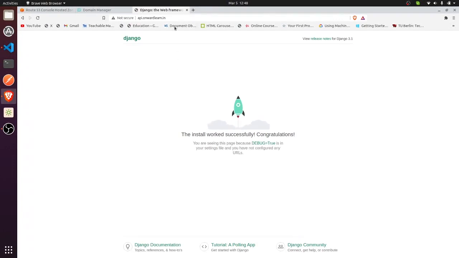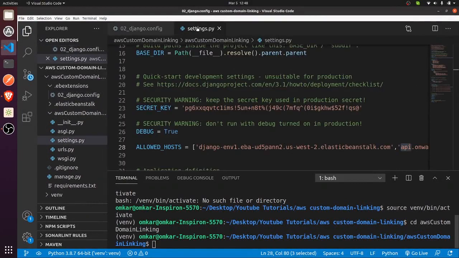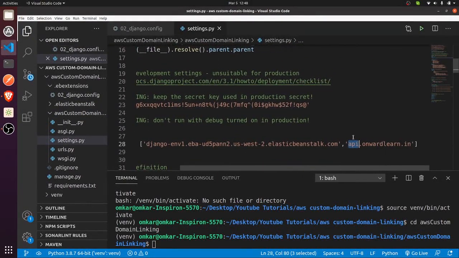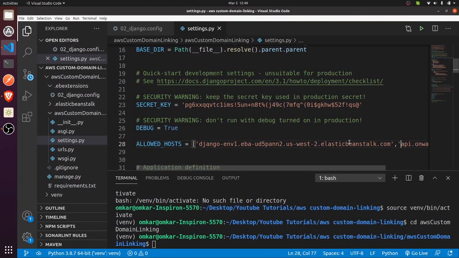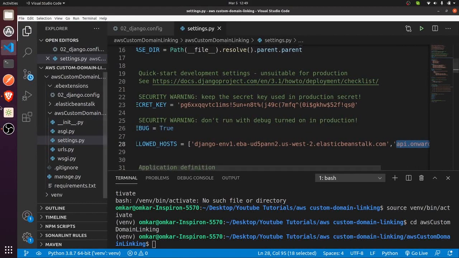For the first time when you link your website, you will get the disallowed host error from Django. So for that you have to go to the settings, and under the allowed hosts variable you need to give the host name api.onwardlearn.in. In my case I did it earlier, that's why it's not showing an error.